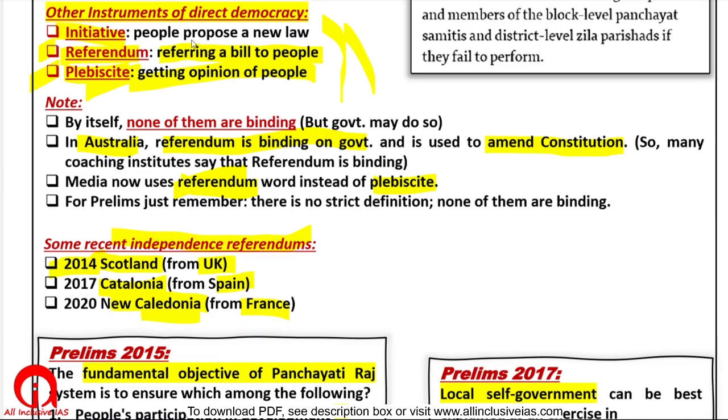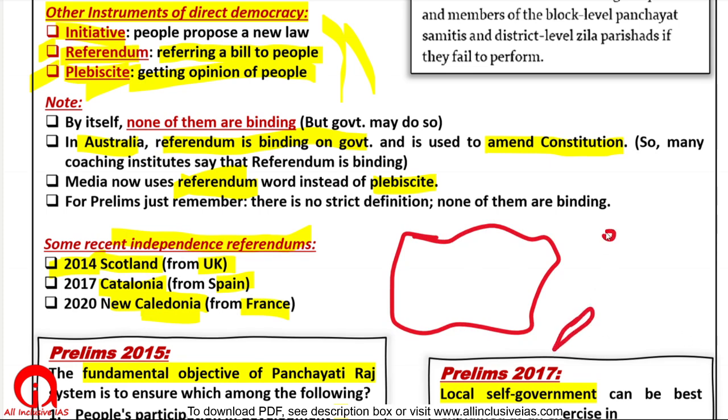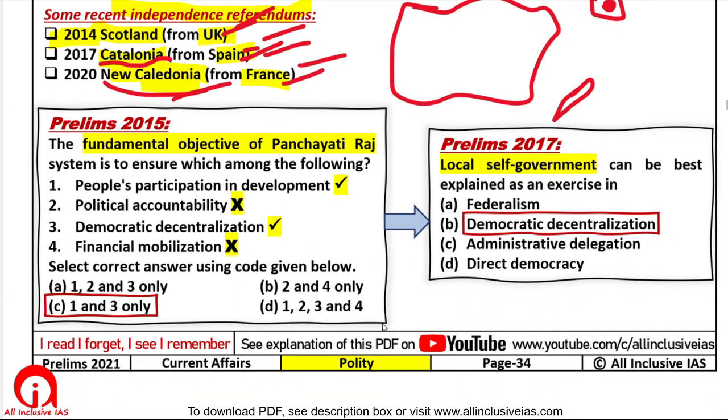Where is this New Caledonia? So this is your Australia, this is, let's say, New Zealand. So here is a small island of New Caledonia. It voted in all these three things. The final result was that they should stay in the respective countries only. I think the Catalonia referendum was declared illegal by the Spanish Supreme Court. Anyways, in Scotland and New Caledonia, people voted that they want to continue being under the other country.